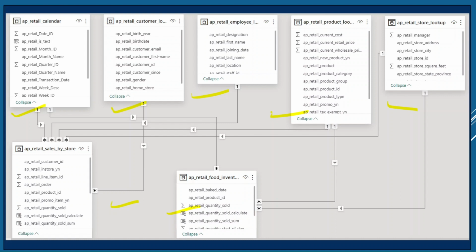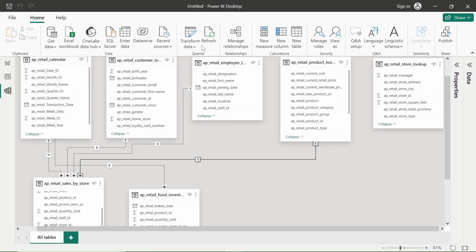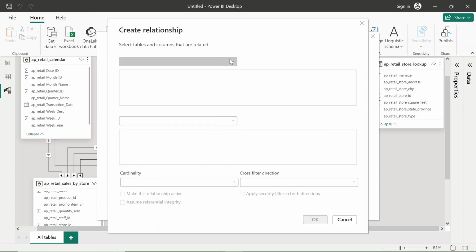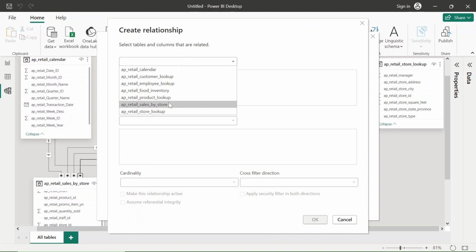So the retail store information is also present in the AP retail sales by store table, and the relationship is one to many because from one store there could be multiple sales. So let's create this relationship in Power BI. Let me click on manage relationship and click new. Let me use this retail store lookup.